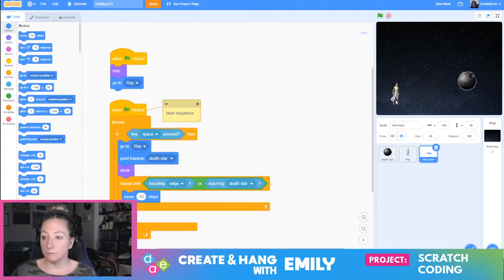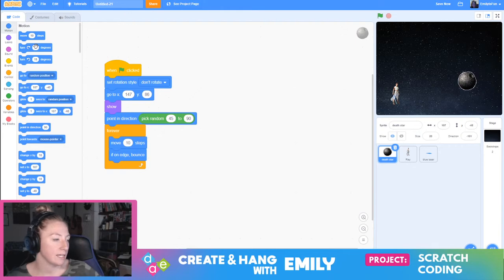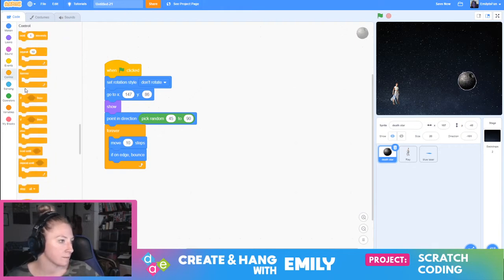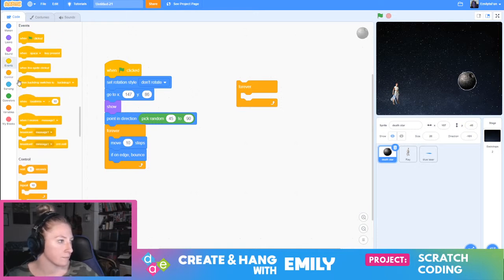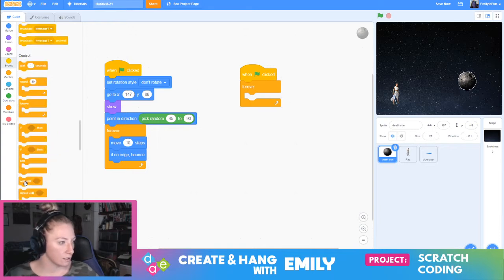Alright, so we need to account for the Death Star actually getting hit. So this is a pretty easy piece of code too. You know, the thing about coding is just breaking down the problems. You're like, what do I want to do? And what kind of commands do I have to accomplish that? So I'm just going to say, forever, wait until touching